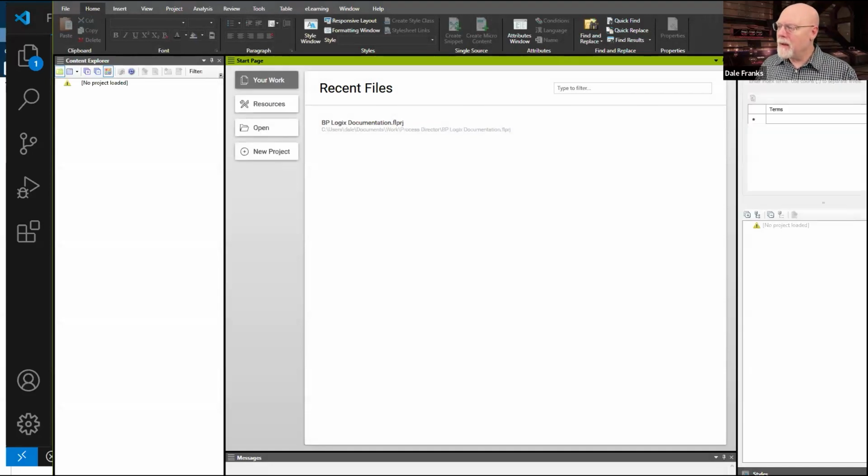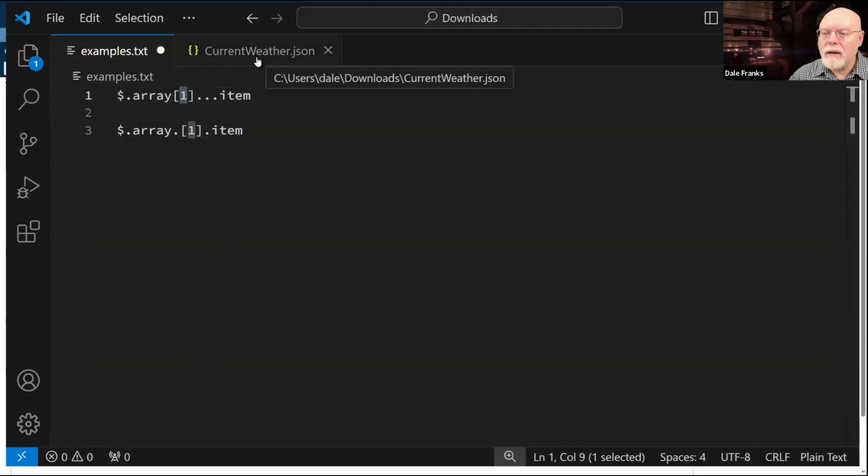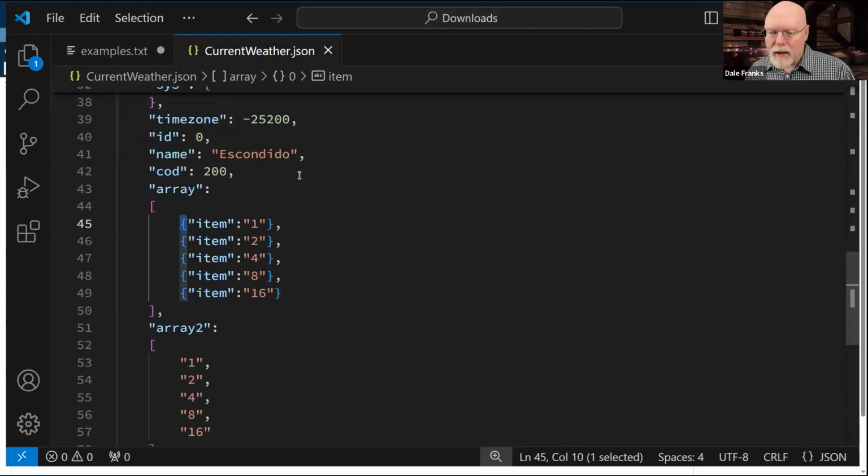And once again, sorry, I am apparently clicking on things inadvertently that I'm not supposed to be clicking on. So where was I? In XML, if I ask for index 1, I get the first item in the array. But JSON path is 0-based. So if I ask for item 1, what I actually get is the second item in the array, because the first item in the array is item 0.